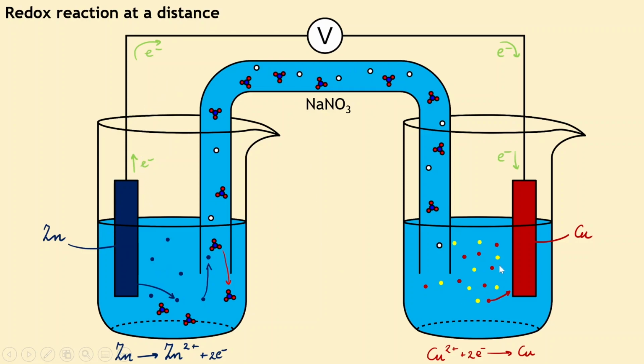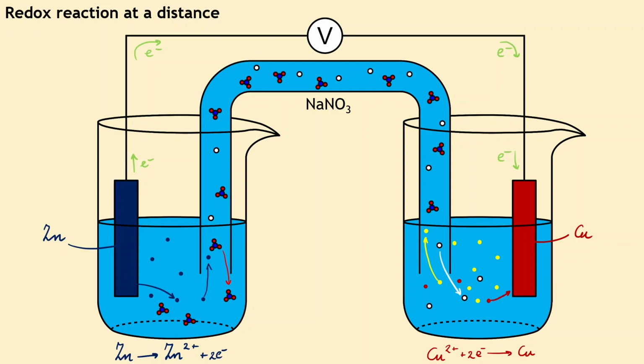On the right hand side, the copper ions go out of solution, and the negatively charged sulfate ions remain, which we have to balance, and the sodium ions from the salt bridge will balance the negative charge of the sulfate ions. At the same time, the excess of sulfate ions can also move into the salt bridge. This way we have balanced the charges in the electrodes, and we will have created an electrical cell, a galvanic cell, and we have created an electrical current. And this is how in essence all batteries